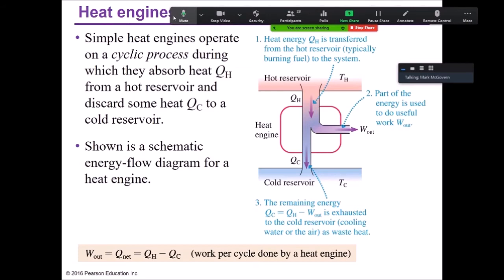So whatever the heat engine is, we can break it down: we have a hot reservoir, work is performed, and the rest of the energy is expelled out to the cold reservoir. There is a net amount of heat being used here. We subtract the heat expelled to the cold reservoir from the heat extracted from the hot reservoir, which results in some net heat, and that's equal to the work being done, the energy used to do some kind of useful work. So that's a basic heat engine. Some energy comes out of the hot reservoir, some is put into work, some is put into the cold reservoir.